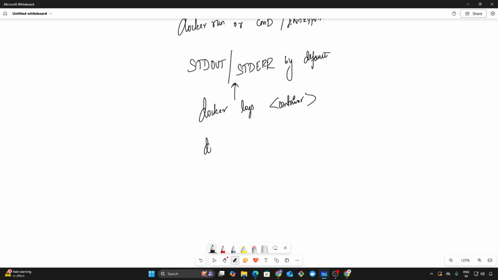But if you use docker exec -it with the container and a shell to enter it, it opens an interactive shell inside the running container to inspect the file system, processes, environment, and run commands. Okay, how to answer in an interview? Docker logs is for viewing container output, while docker exec lets you enter the container to troubleshoot interactively. Okay, so the next question is,